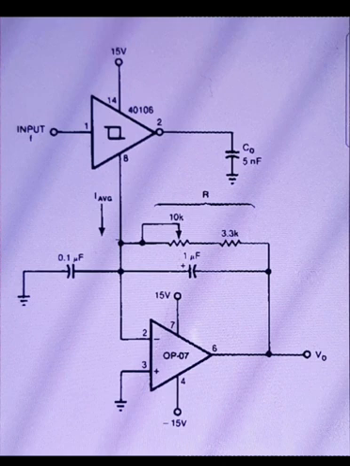The operational amplifier is used for signal processing, and the RC network is used to remove the frequency dependent ripples. The diagram below shows the basic circuit of the frequency to voltage converter using the operational amplifier and the RC network. The input frequency given to the converter can be in the range of 0 to 10 kilohertz, and the output can be between 0 to minus 10 volts.